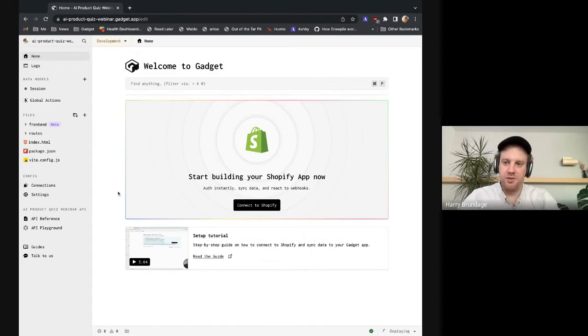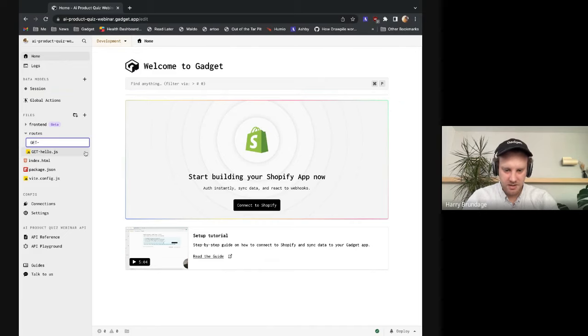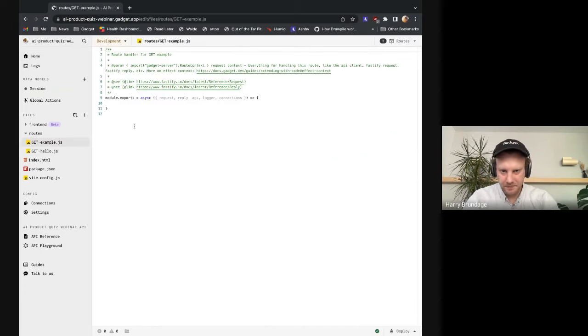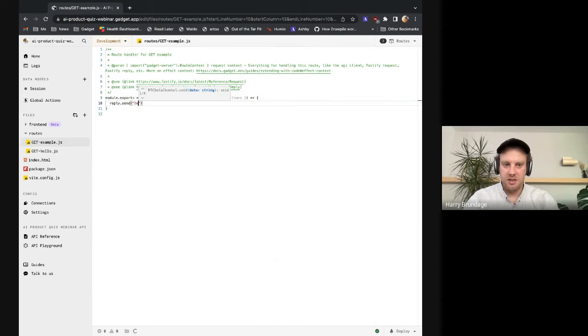The first thing I'm going to do is just wire up a straightforward call to an OpenAI API, so I can show you, from the basics, what an LLM would actually do for us. And to do that, I'm going to use a feature of Gadget called routes. What routes are is a way to make my application respond to various HTTP URLs. So if I hit the plus button here, I'll do a get example.js. And this is JavaScript code that powers my route handler. So if I do reply.send, hello world,